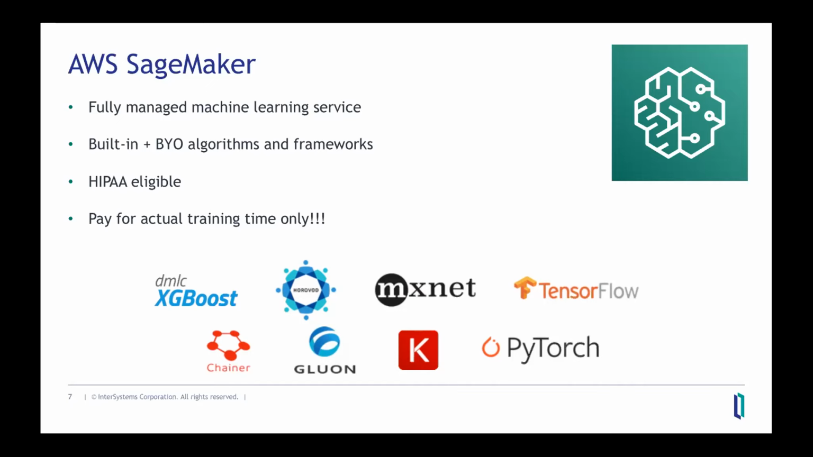Compare that to provisioning the instance with heavy GPU, so having an in-house machine learning workstation with a bunch of GPUs. It's way less expensive, way more economical to use SageMaker for training your models, and then executing them either in the cloud or on premises. Right? So let me show you